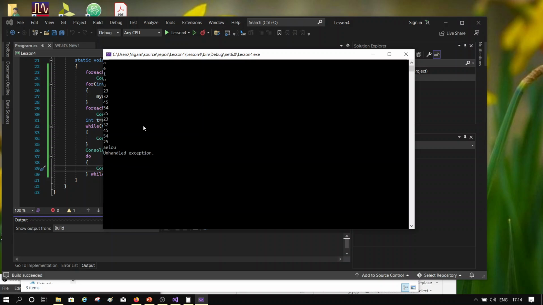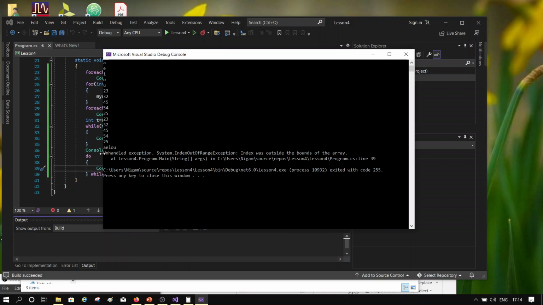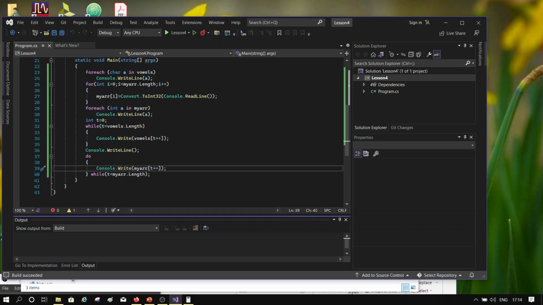So it printed, and then it says unhandled exception, an index out of range exception, because the index has gone to 5, and that index is not there in my array. Close program. So with the do while you have to be careful because the condition is checked at the end,